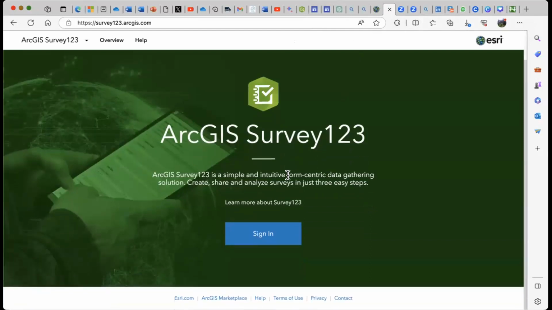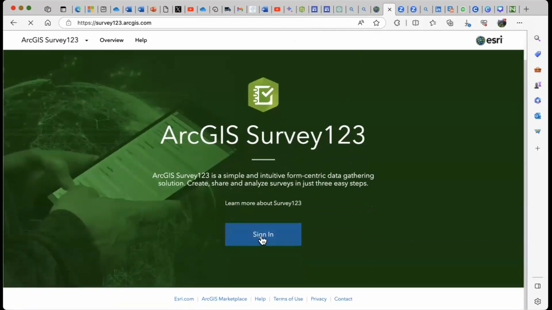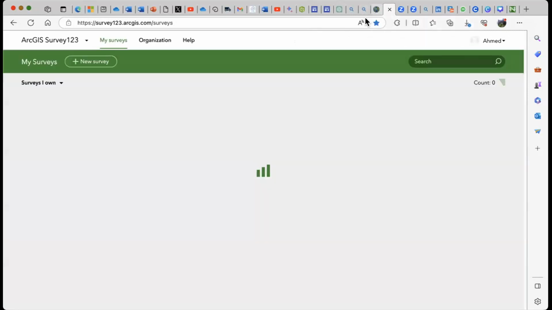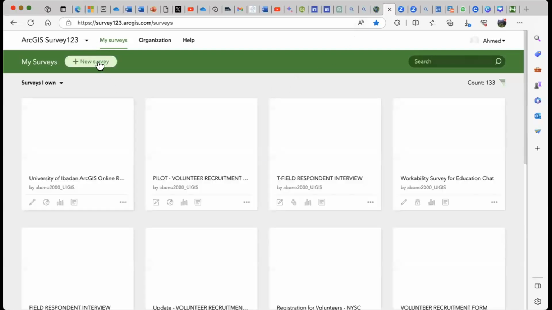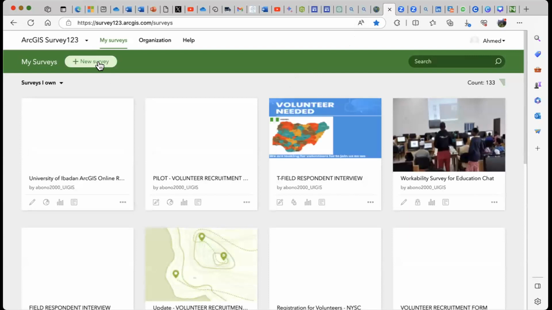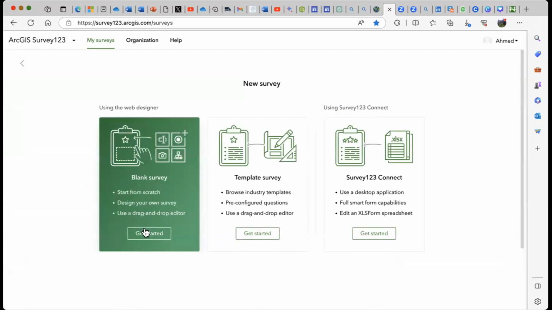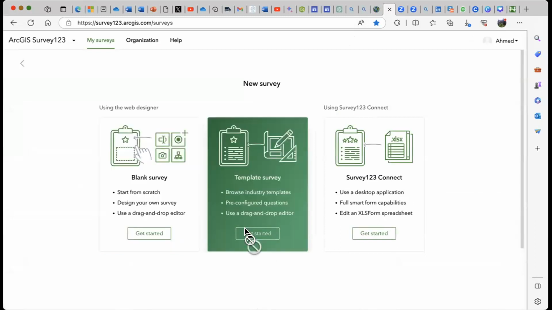So let me sign in. I'm signing in to Survey 123. So I click a new survey. These are surveys I've done in the past. Click on new survey. There are three ways. I could use a blank survey, or I could use templates, existing templates that I can base my design on.